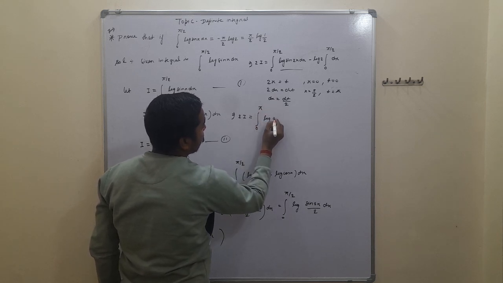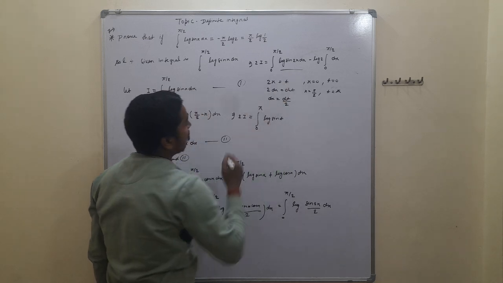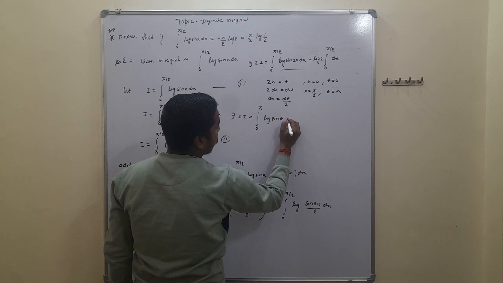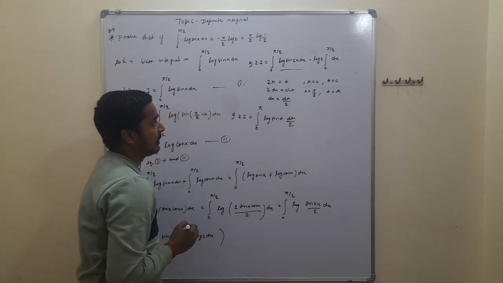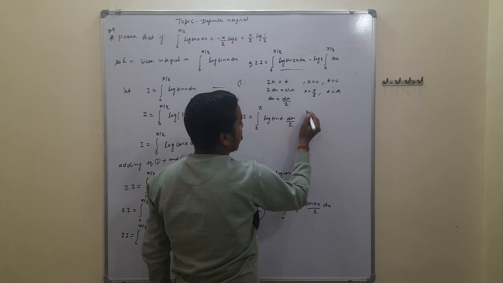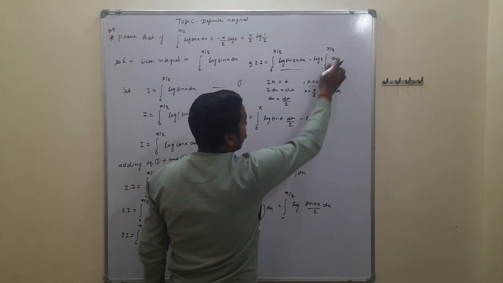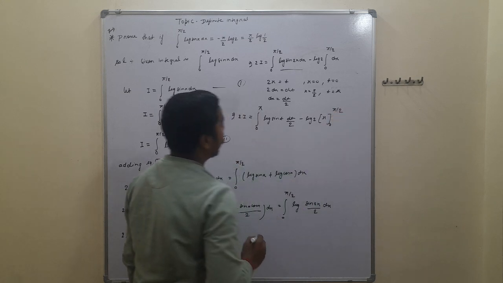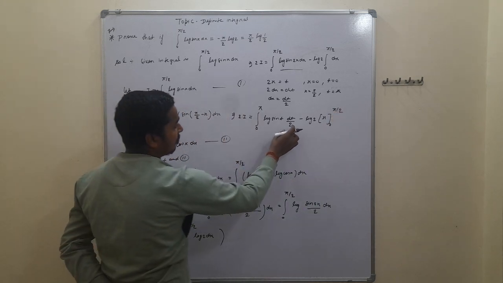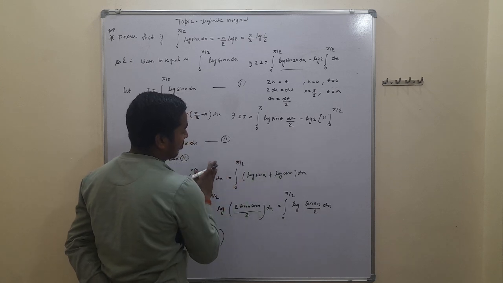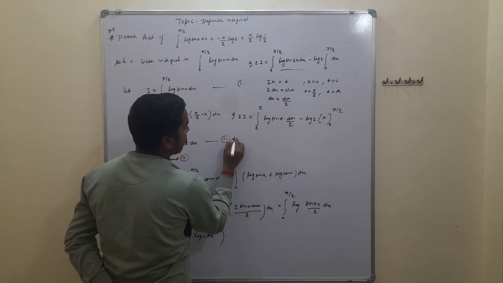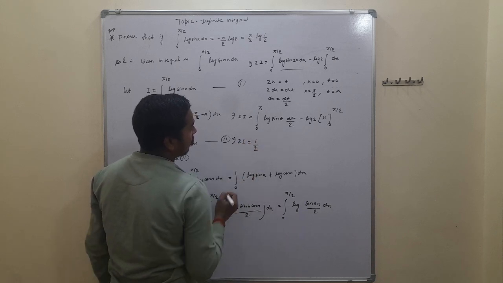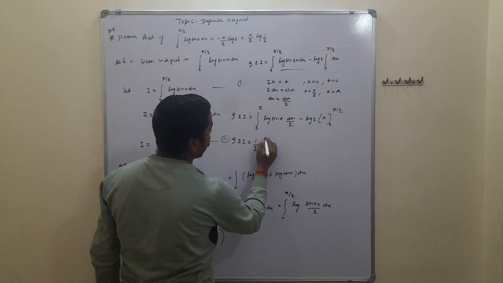and log of sine t, in place of 2x we let t, and in place of dx we put dt upon 2. And here we integrate log of 2; the integration of dx is x, so we write the integral with limits 0 to pi by 2, and from here 1 by 2 is taken outside once again. This is 2I is equal to 1 by 2,